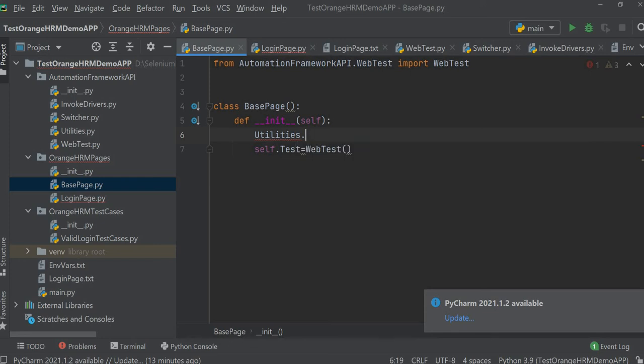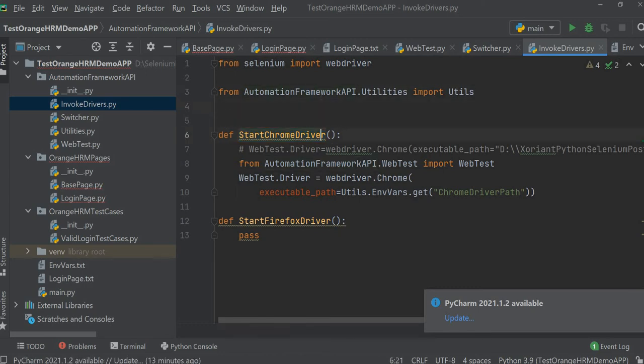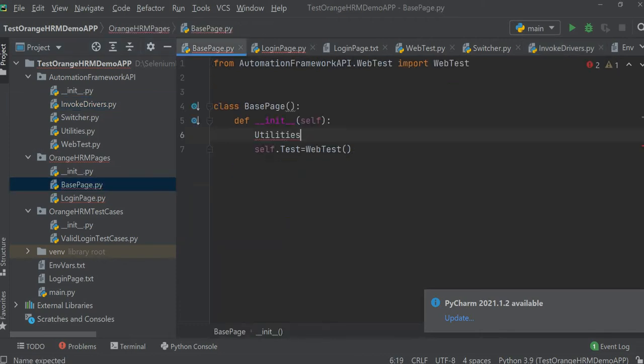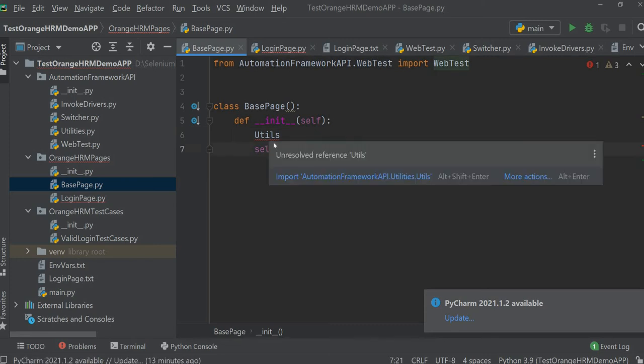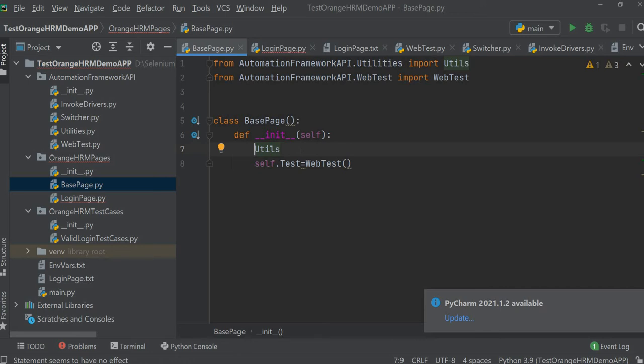Utilities, just a minute, let me get that switcher invoke drivers. I will get this utils. I'll go here. I'll import it. Initialize envvars.